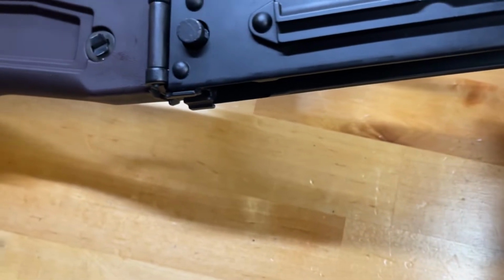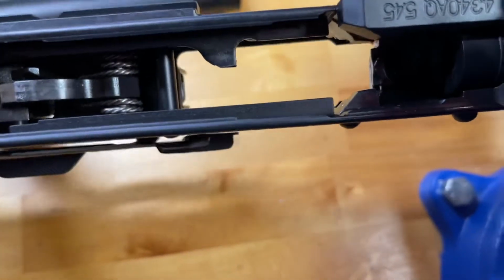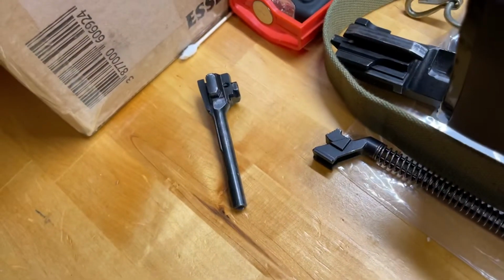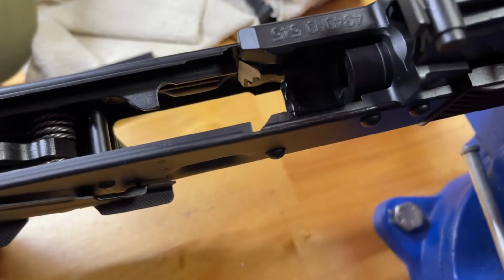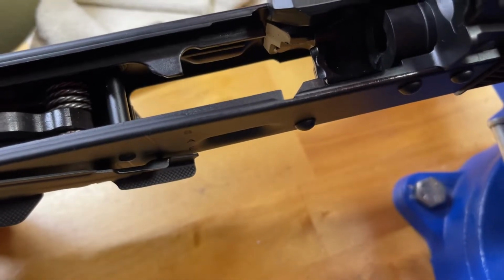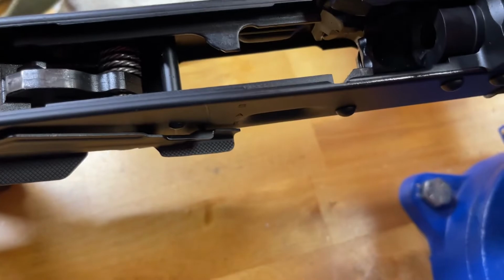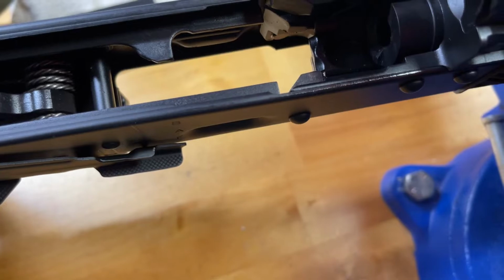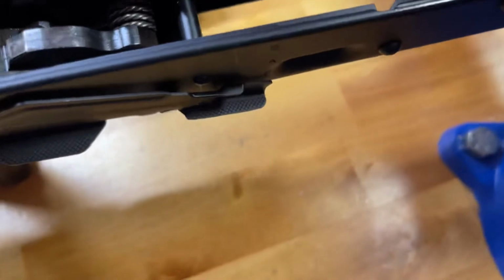I just think that there are potentially issues relating to how they make these guns, specifically with the headspacing, with how the extractor and ejector correlate, because obviously there was a little bit of a nick with the ejector. And also I saw one guy state his ejector on his 103 was causing issues where it was malfunctioning. So I think that there are potentially serious issues with these guns